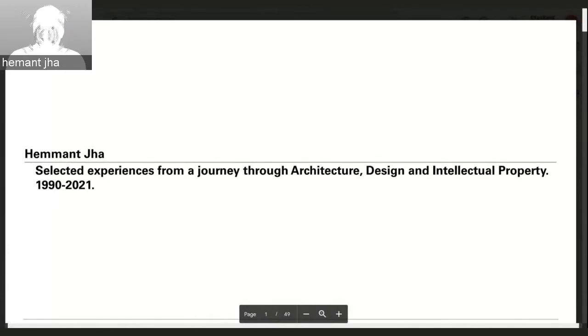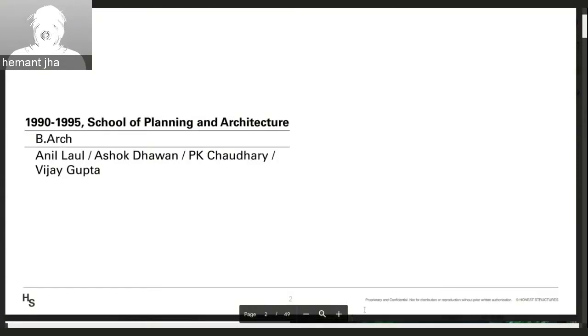Yeah, thank you for having me here. Nina, Dr. Kumar, the entire Sushant team, pleasure to be here. So my name is Hemant, as we've established by now, and I thought I would share with you some experiences from my journey through architecture, product design, and intellectual property. So moving forward,